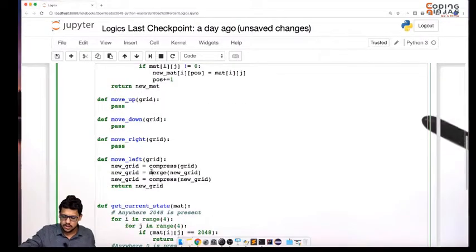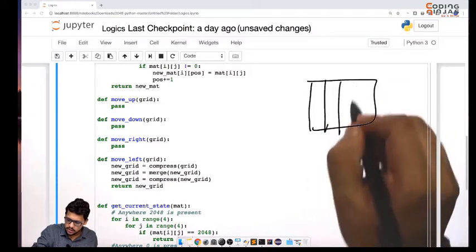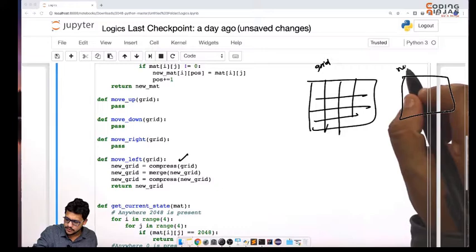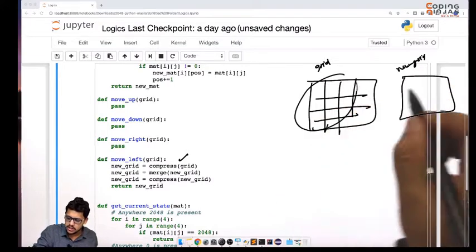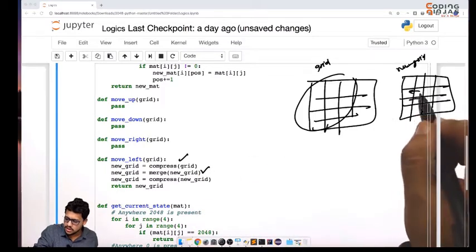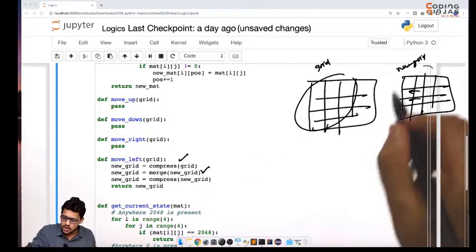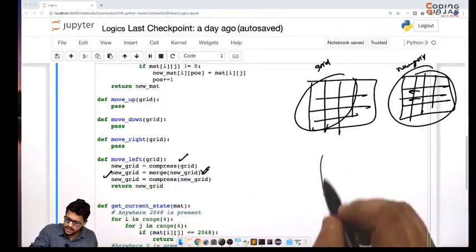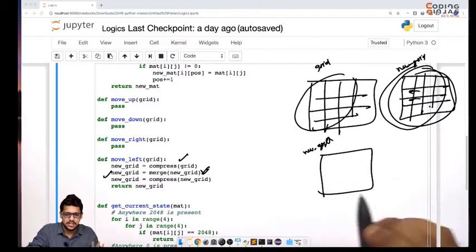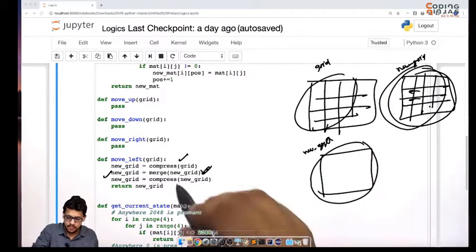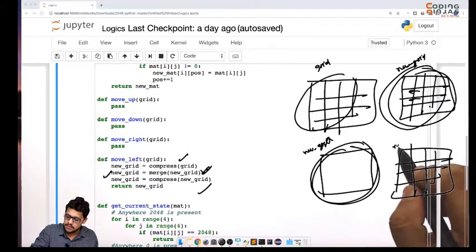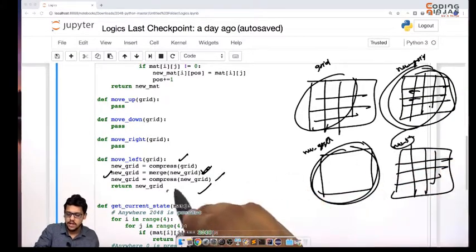So this is what is happening. This is our original grid. In compress we make a new grid and accordingly make the changes in it. All the changes are available in this new grid. We perform merge operations in this new grid, like 2 and 2 combined, 4 and 4 combined. This will again return a new grid. Actually it is not making a new grid, we are just making changes in this, but for understanding we will get a new grid after merge. Then again we do a compress in this new grid and get a new grid after that. I have used the same variable name. After that I will just return this new grid.